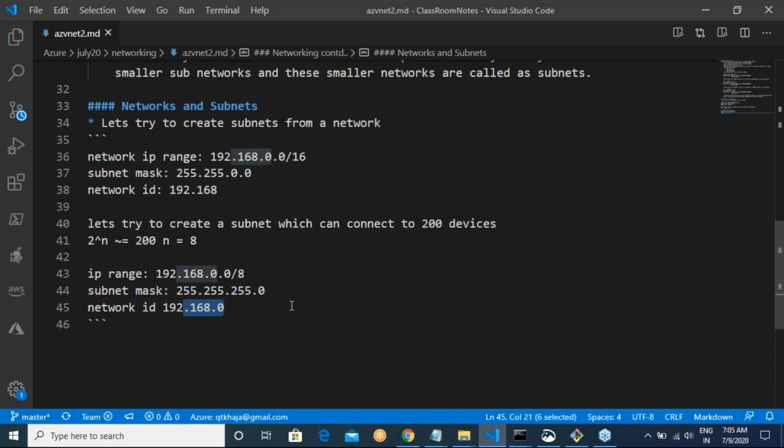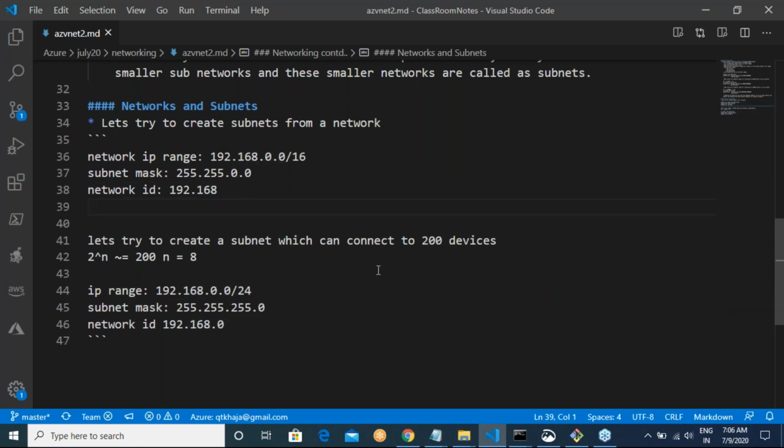Our subnetwork ID would be greater than our network ID, which will never be the case. So here you can connect approximately 65,000 devices, and here the size is approximately 250. Your subnet size will always be less than or equal to your network's size. Am I clear on this?